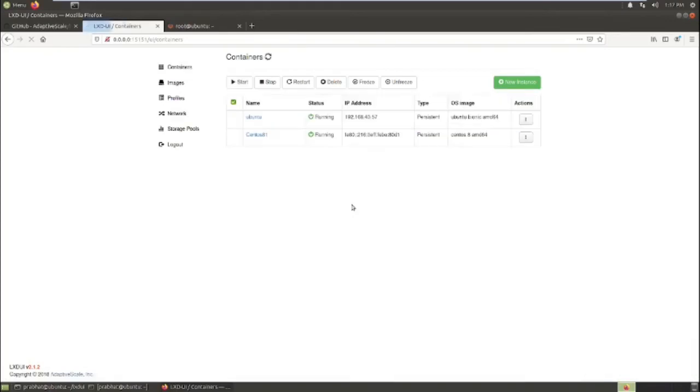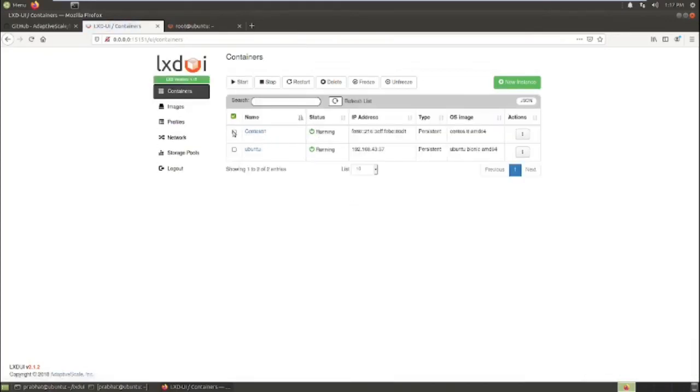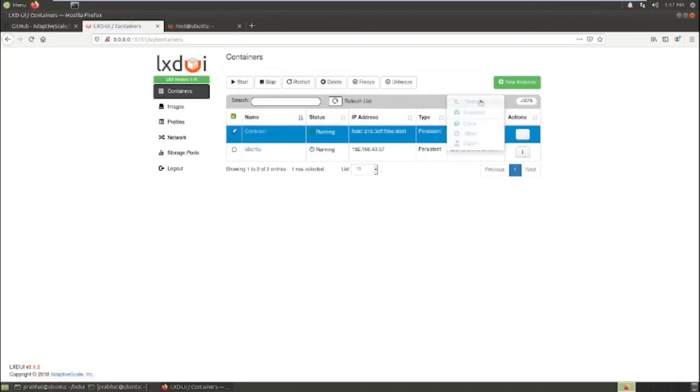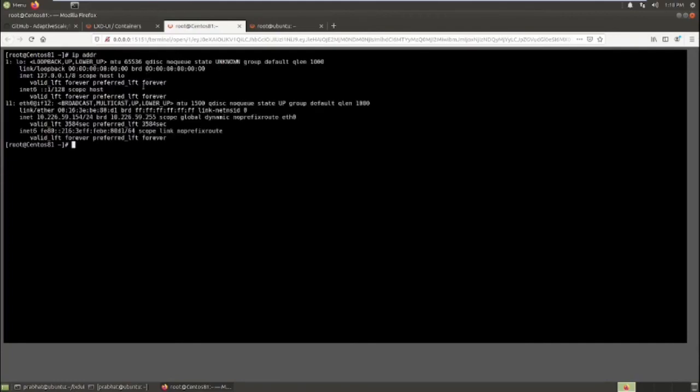Yeah, so container CentOS 8 has been successfully started. So jump into the terminal of that. Yeah, so our CentOS 8 is up and running, and you can check the IP address. Yeah, so by default it is using the NATed IP, which is 10.226.59.154. You have to bridge it to the bridge zero interface, and then you can have this container also on your local